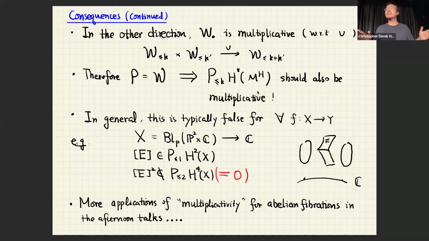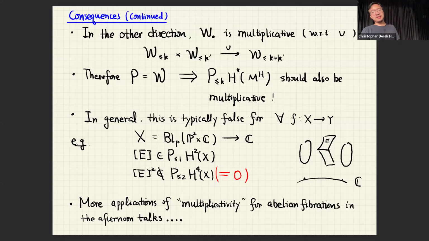So this is a trivial fibration, and of course the perverse filtration, which is the same as the Lorentz filtration, is multiplicative. But now you just blow up a point. So now you get a flat family with only one singular fiber with two pieces. This is the exceptional divisor, which I denoted by E. And other fibers are just P2. And for this geometry, you see immediately that the perverse filtration fails to be multiplicative.